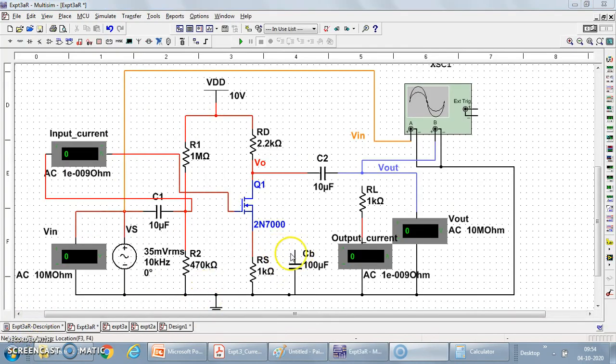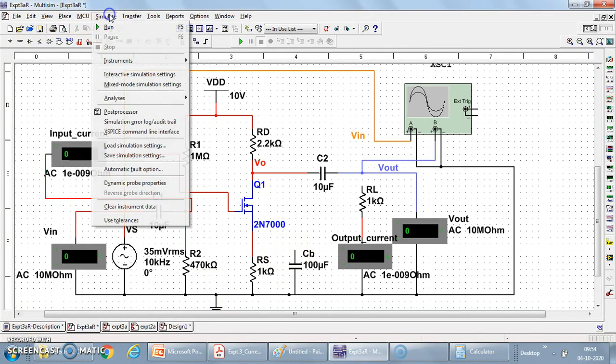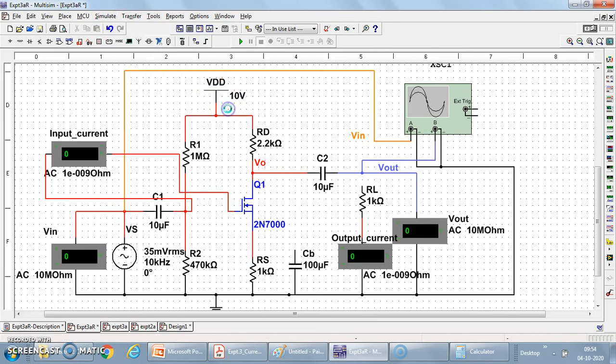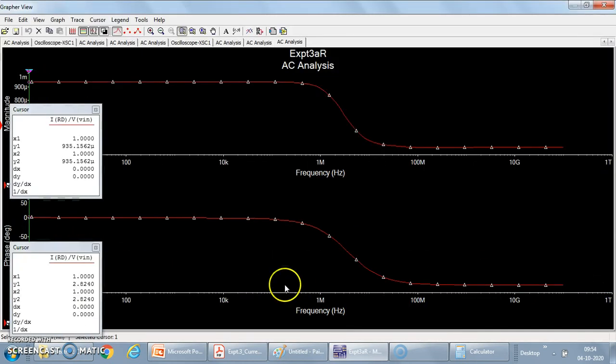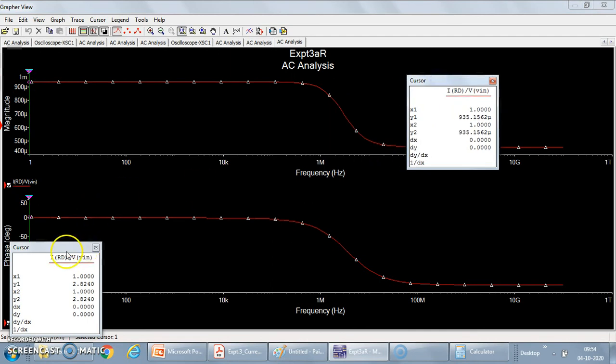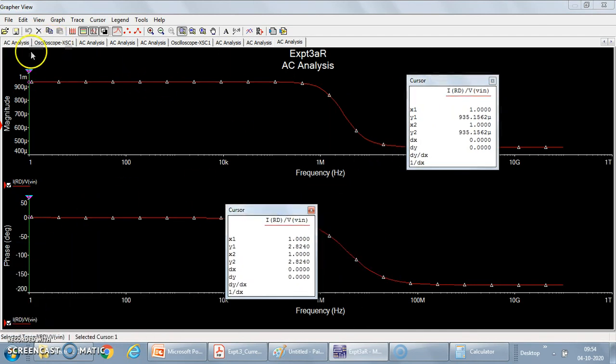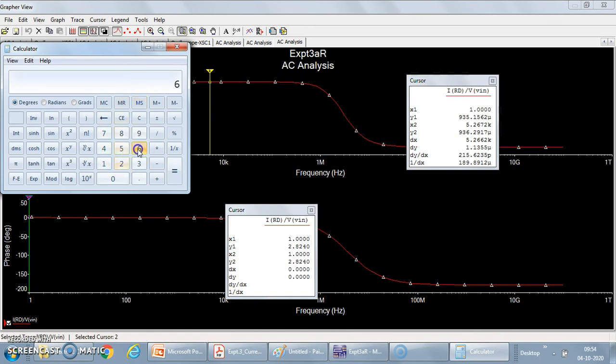Now let us check what happens with feedback. Okay, remove this feedback. I just disconnected the capacitor. Again simulate the circuit. I will go to simulate, analysis, AC analysis. The output parameter is mentioned. Now if I simulate, let us check what is the difference in the bandwidth. What is the expected bandwidth? What is the maximum value? To check the maximum value, if I take any one parameter, I am getting this maximum value to be 936.21 micro. I'm just interested in the magnitude, 936.29.